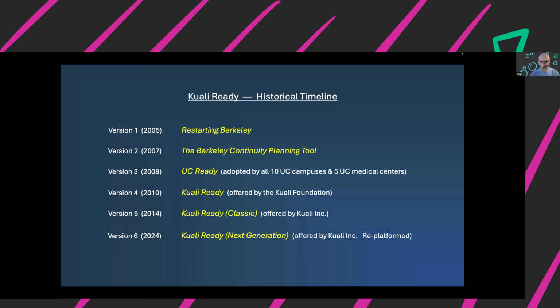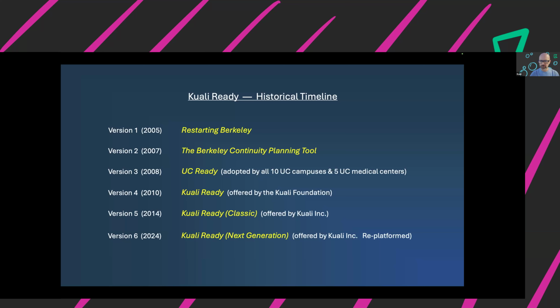And one of the things Eric will get to in his portion is talking about our community circles that we have. So yeah, the foundation certainly kept you busy because, as I understand it, Ready was one of the more popular parts of or solutions offered by the Kuali Foundation. It grew very quickly, and I think to this day, well, I know Ready continues to be our most popular solution that we have at Kuali across all our different products.